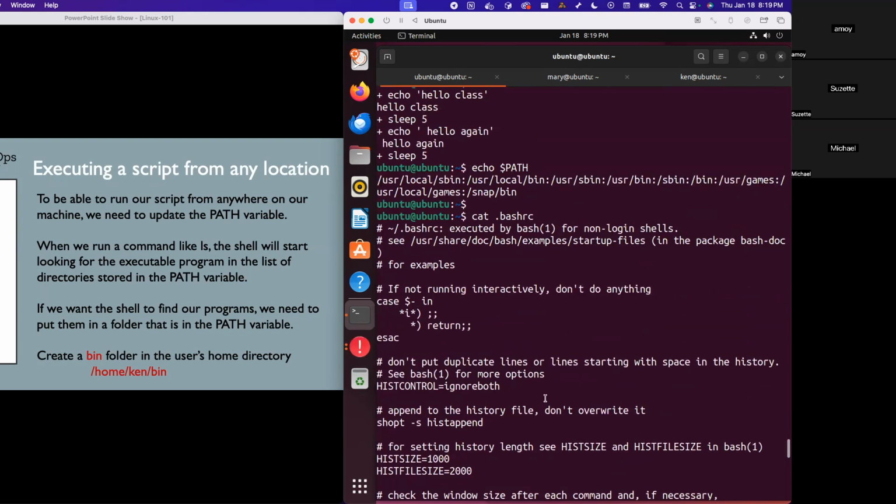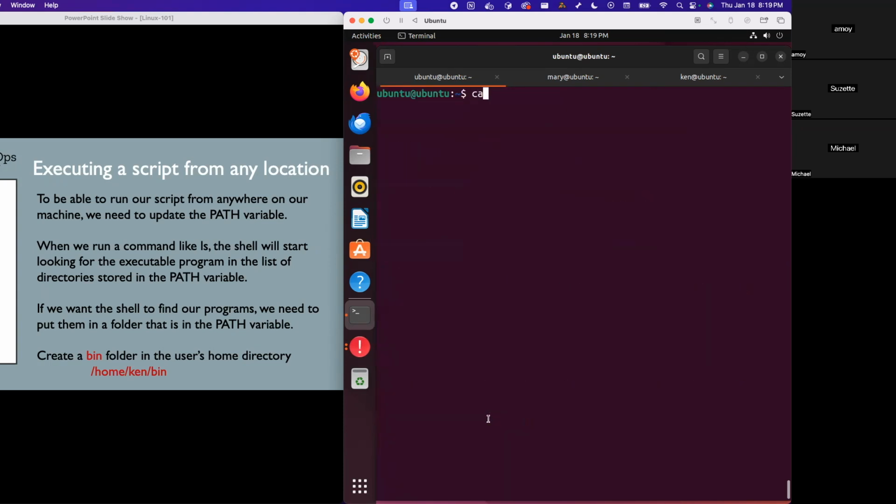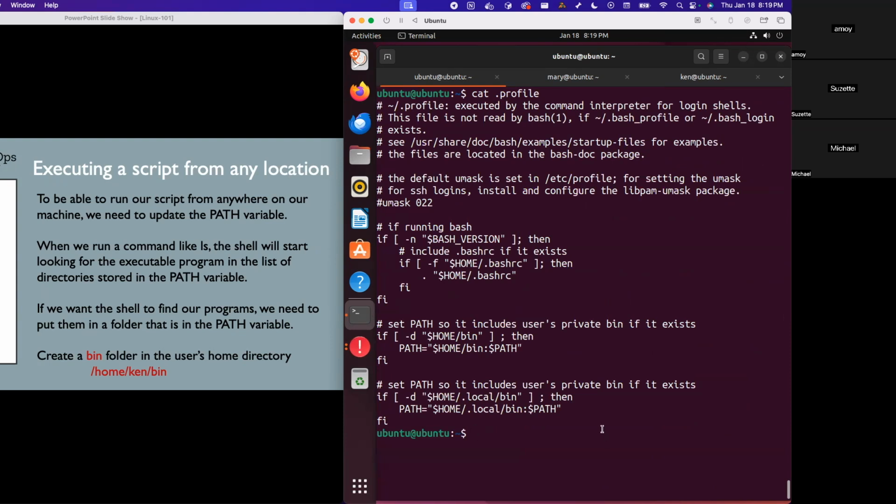So let's look at the profile. If we cat .profile, yes, this is where we have our path. Now, there is this function here, or this loop here. It basically says, and again, we'll soon see what these conditions are, if we have $HOME, this is your home directory,